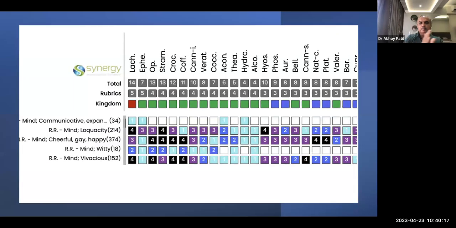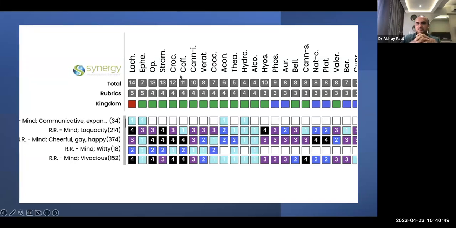So if you put it in rubric form, you have got communicative, you have got loquacity, you have got cheerful, gay, happy, witty, vivacious. So any of the symptoms you get in your chart, the main remedies which are coming up are lachesis, opium, stramonium, crocus, coffea,